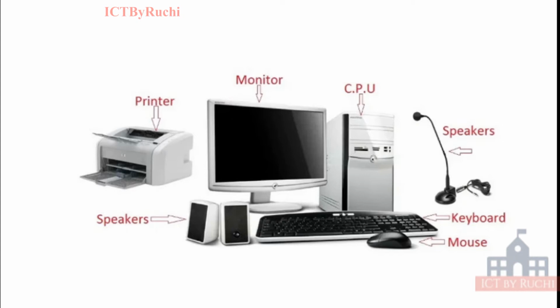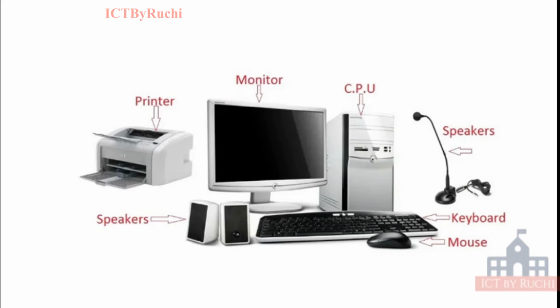And the last one is the mouse. Mouse is a pointing device. We can point, like this is my cursor, I am moving it right and left using the mouse. It has three buttons: left click, right click, and a scroll wheel. Right click is for opening the menu, and in between there is a scroll wheel which takes the page up and down. A mouse can be wired or wireless, meaning it can have a wire or it can work without a wire also. So this is the basic computer knowledge which a first grade student should know.